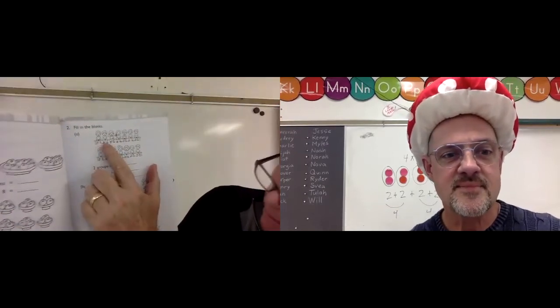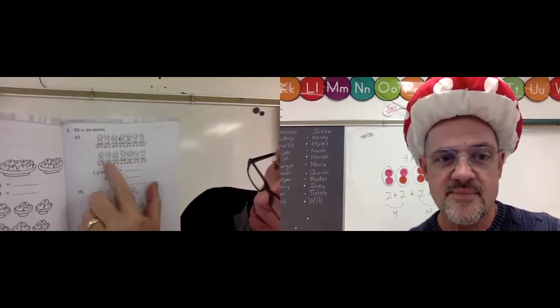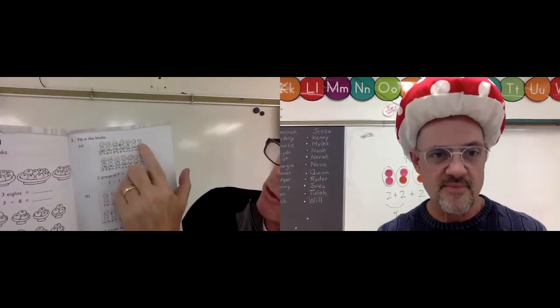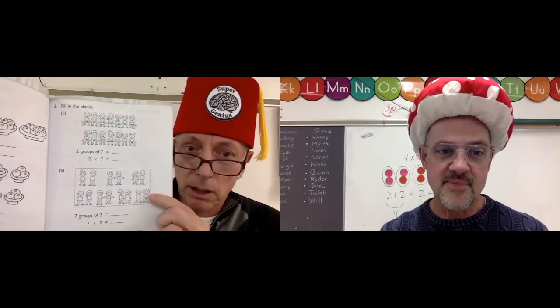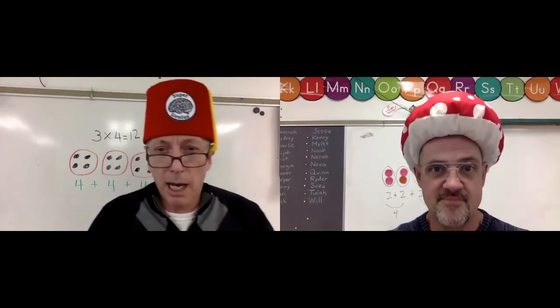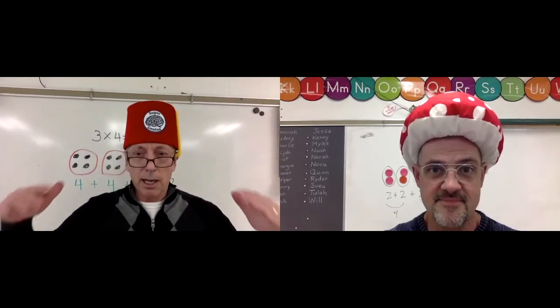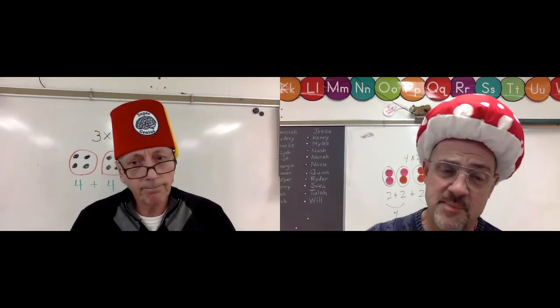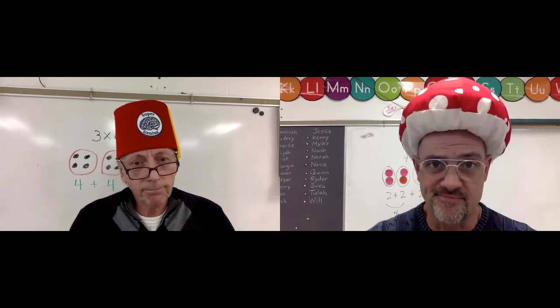And then over here, I have children sitting on a bench and children sitting on a bench. So I have 2 groups of 7. So I have a group of 7 and a group of 7. And I know you're probably going to want to talk about what that is, Mr. Mushroom Guy? That's a doubles problem. And all this math connects. And once you start making those connections, Mushroom Guy, that means you're starting to have a lot of number sense. You're understanding how numbers fit together. That's a big important skill in second grade, isn't it?